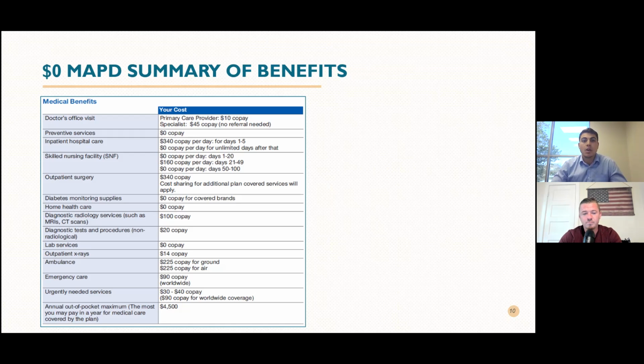Yes, it is. What I can do is I can protect you, Mr. or Mrs. Jones, from some of the bigger exposures related to your health plan, like the $340 copay days 1 through 5 in the hospital, like your $188 or $160 copay days 21 through 49 or days 21 through 100 in skilled nursing. I've got ways to protect you from all of that, and it doesn't cost you a lot